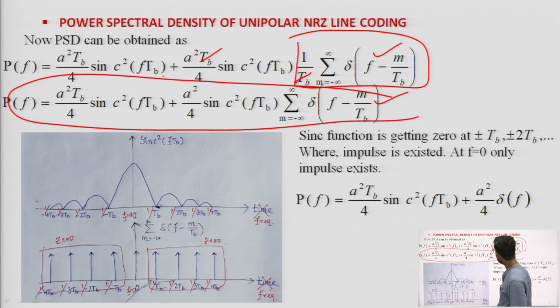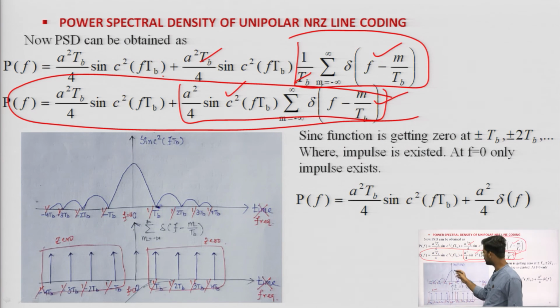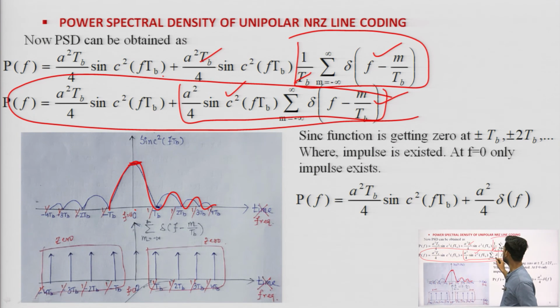So, we will see this term. One is the sinc square function, and one is the shifted delta functions. We can see that this is the sinc function, and instead of time I have a frequency axis: 1 by Tb, 1 by 2 Tb, that is, 1 by time is nothing but a frequency, okay. At 0 we have a value, but in case of the shifted delta, the delta function is available at m by Tb, where m is from minus infinity to infinity.